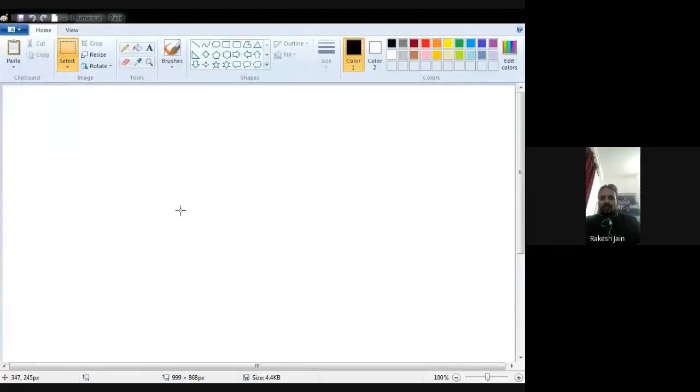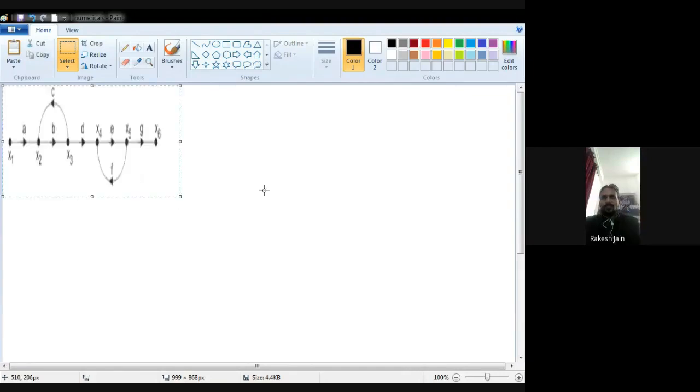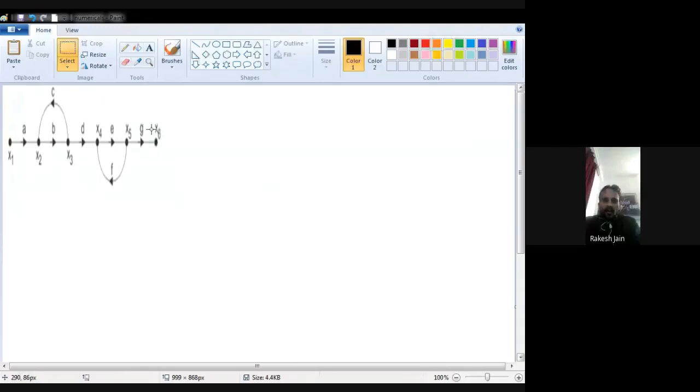MS Paint file. Okay. Now your first question is, a diagram is given. You are able to see, I just took it from that PPT. The first numerical, right? This is a signal flow graph. Nodes are x1, x2, x3, x4, x5, x6. The values written over the arrows are the gain of that particular branch, right? And loops are what? A closed path.